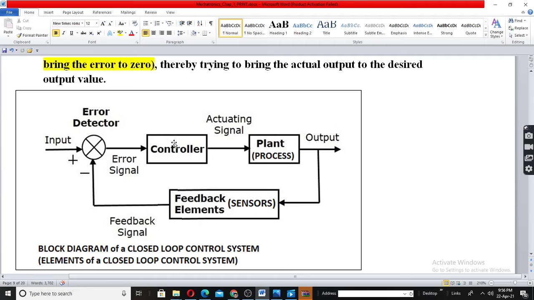This says to the controller, instead of taking 10, what had been set, the error is minus 1, so take only 9 liters. The controller will take only 9 liters per second. On the way, there is an addition of 1 liter from the environment, so you will get 10 liters per second. So automatic